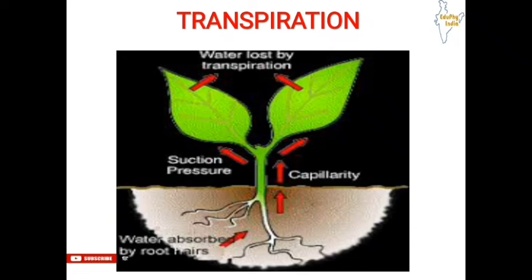The effect of root pressure in the transport of water is more important at night, like we have seen earlier, that is in xylem. The water pressure in the cells in xylem, that is osmotic pressure, is more important at night. And during the day when the stomata are open, the transpiration pull becomes the major driving force in the movement of water in the xylem. So transpiration is more important during the day. So this is the transpiration which is helpful in the transport of water from the roots to other parts of the plant.